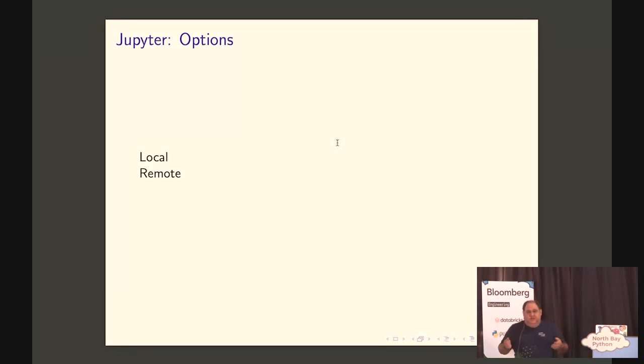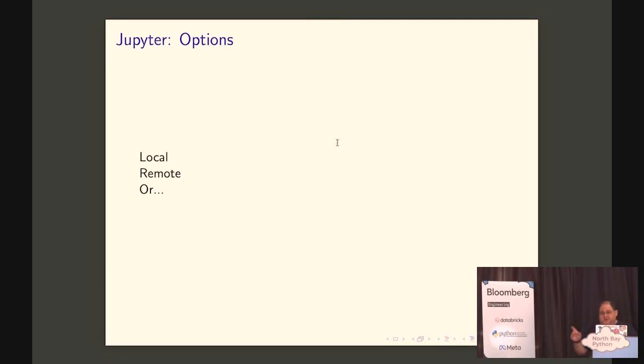But the nice thing is that post-installation, or after setting up the network connection, it behaves the same way, right? You open it in your browser and everything looks the same. So you can have some of the people use remote and some people use local, and it's feasible. Obviously for remote, you have to figure out how to network and how to pay for that, and how to manage that. So both options are on the table. You'll have to decide what works in your particular situation.